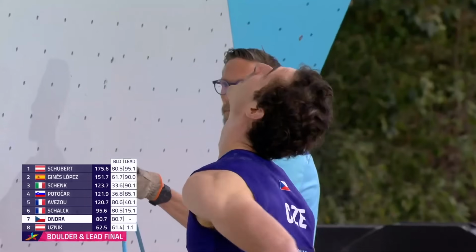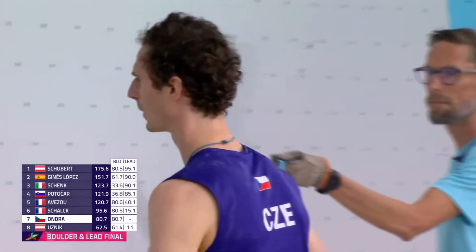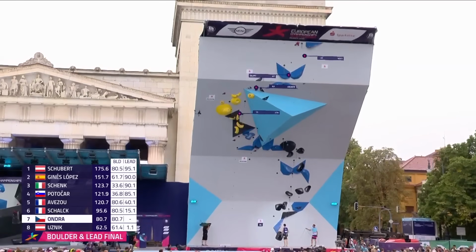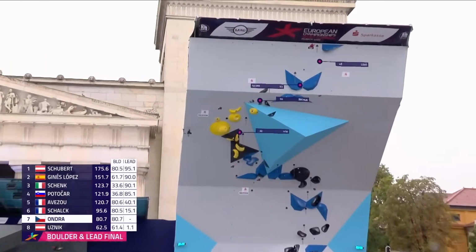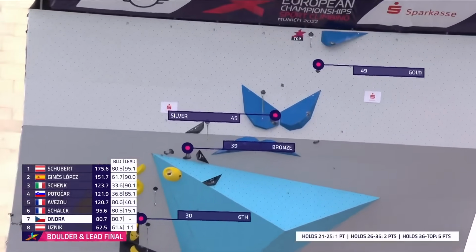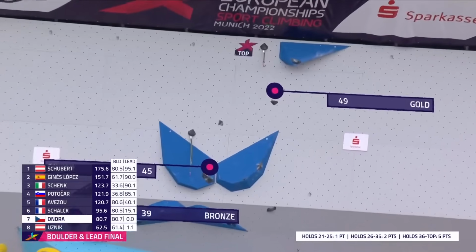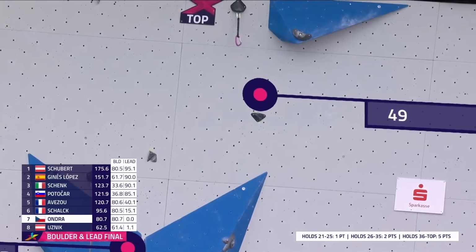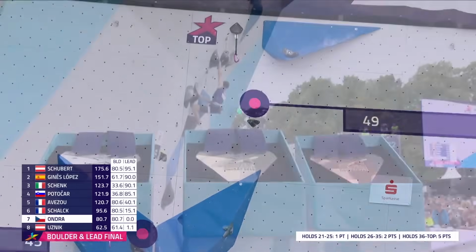There's a strange atmosphere in the stadium right now. We're going to check out this hold. This is where Adam Ondra needs to get to. That final crimp up on the lead wall. It's not the most wonderful hold to have to get to. Basically the same point of Jakob, but...